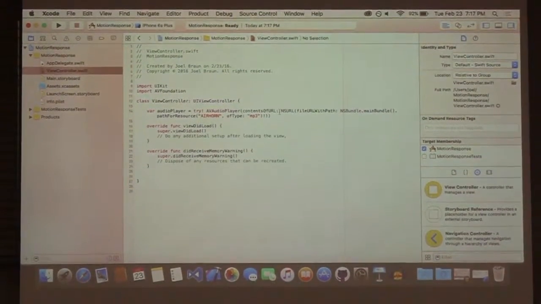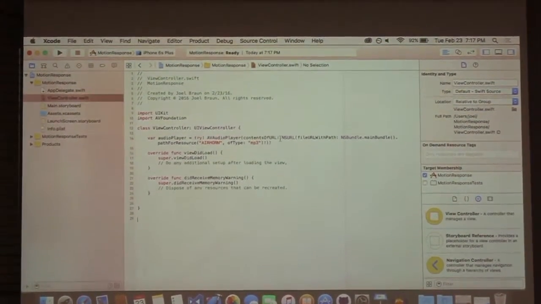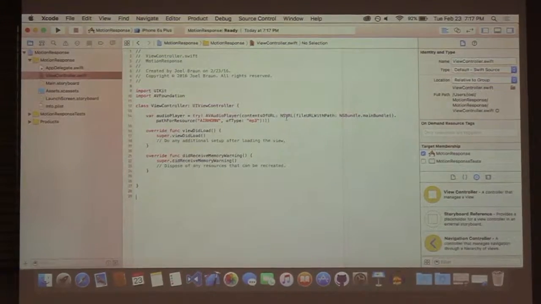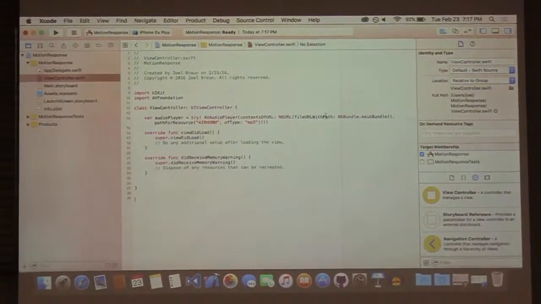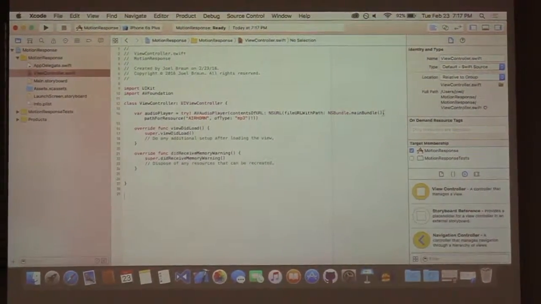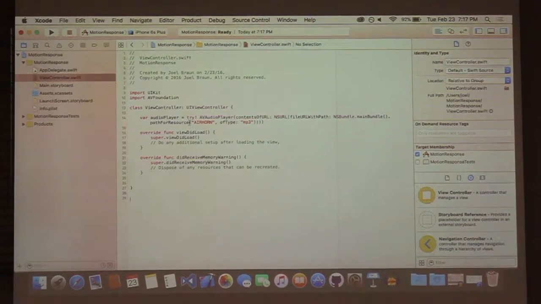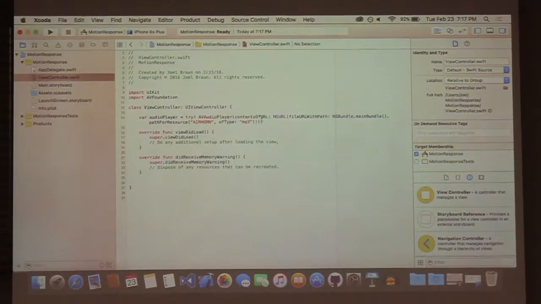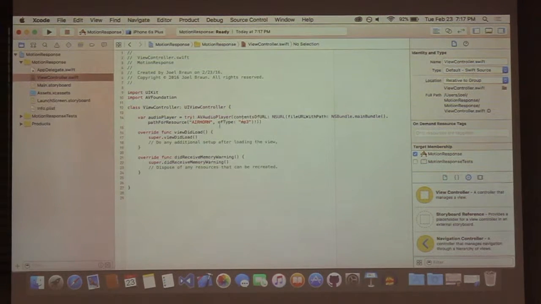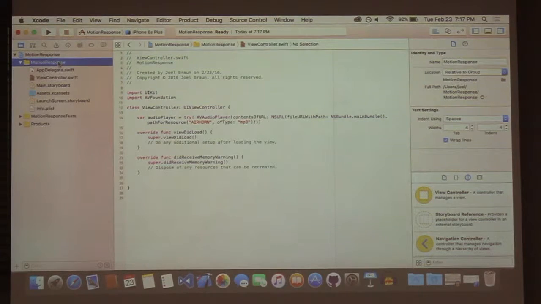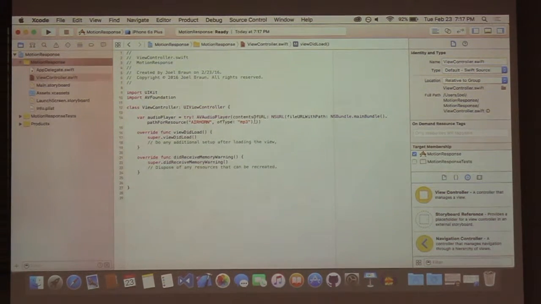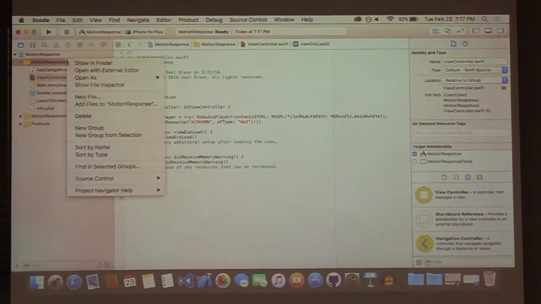Contents of URL, so we're going to take a URL, and then NSURL, fileURLWithPath, NSBundle.mainBundle.pathForResource, and then airhorn.mp3. I'll be using the airhorn here, but the idea that we're going to go through is we'll be actually adding a folder with the sound files in, and then this will map to the sound folder and pull those sound files in. So let's go ahead and create that sound folder now,